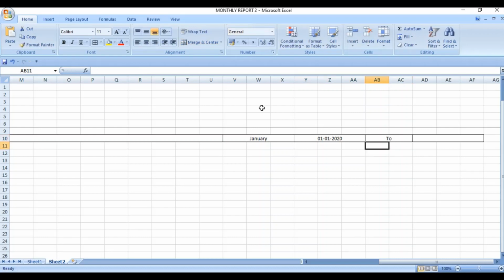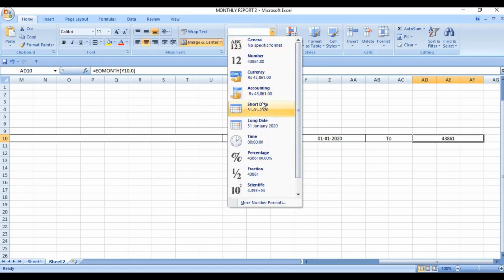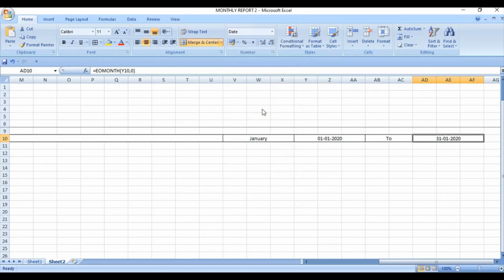Right here 3, and here we will find the ending date of each month. So right here EOMONTH. EOMONTH is the function to get the ending date for a particular month. Now you write here the start date. The start date for this month is 1st Jan 2020, comma, press here 0. Now close this bracket. So we have the ending date. In a similar manner, change the format of this output. So now we have the ending date.